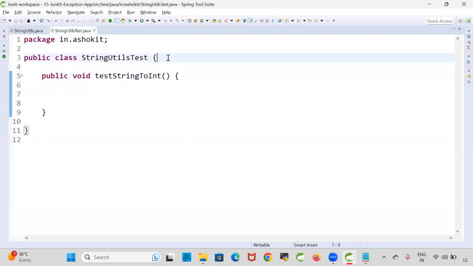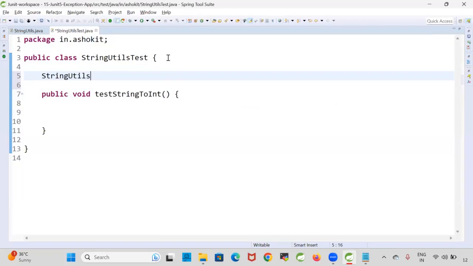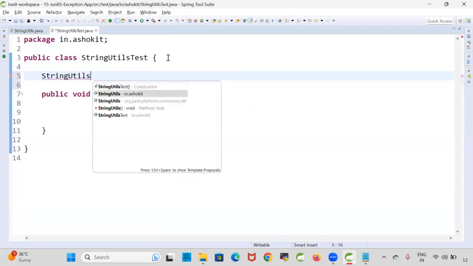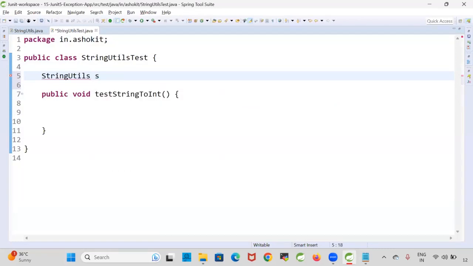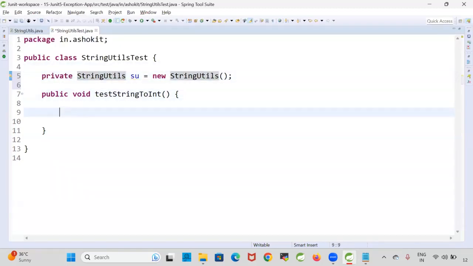String utils that we have taken. String utils, SU is equal to new string utils. I'm creating an object for this class because I want to call the method of that object. Okay, SU dot